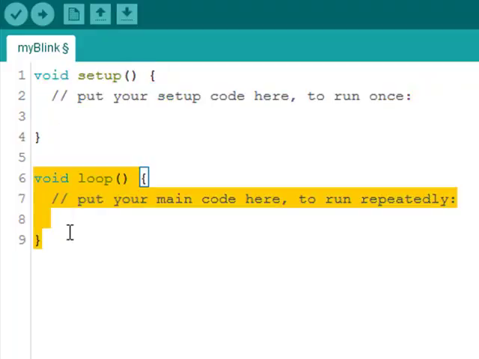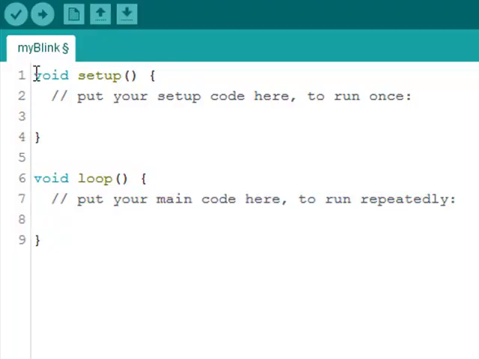Void loop is where our main program will be. This will run continuously so long as there is power going to our Arduino board, and it will start running as soon as the void setup has finished. So what we're going to do is create a little blinking program to demonstrate some very basic principles in Arduino